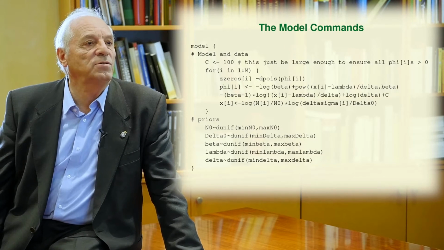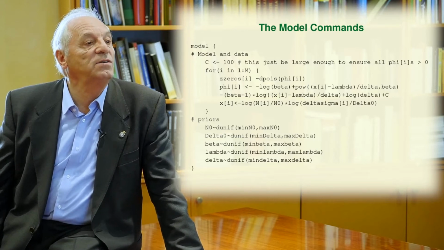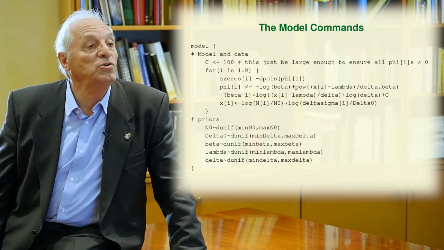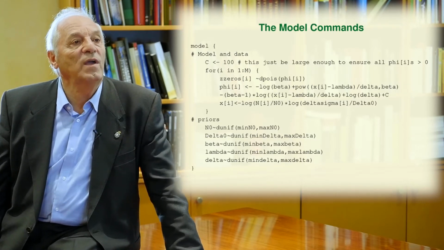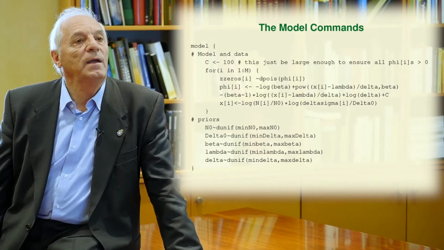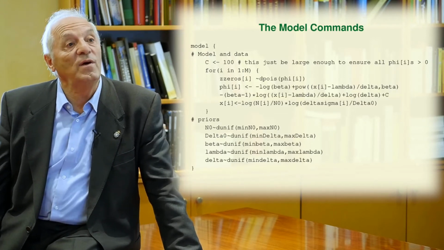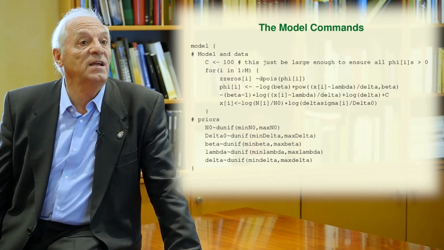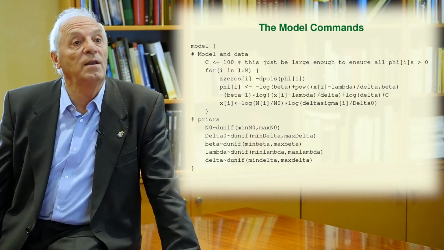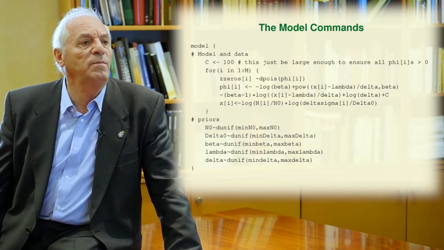The model commands are completed with the priors for n0, delta 0, beta, lambda, and delta. We use uniform densities with given bounds. In order to fix these bounds, we have used the standard random model, which is not a Bayesian model. When the parameters are assumed to be random, we have the Bayesian model, so we use as a starting item of information to define the priors the result that we obtain with the random model, but not Bayesian model.